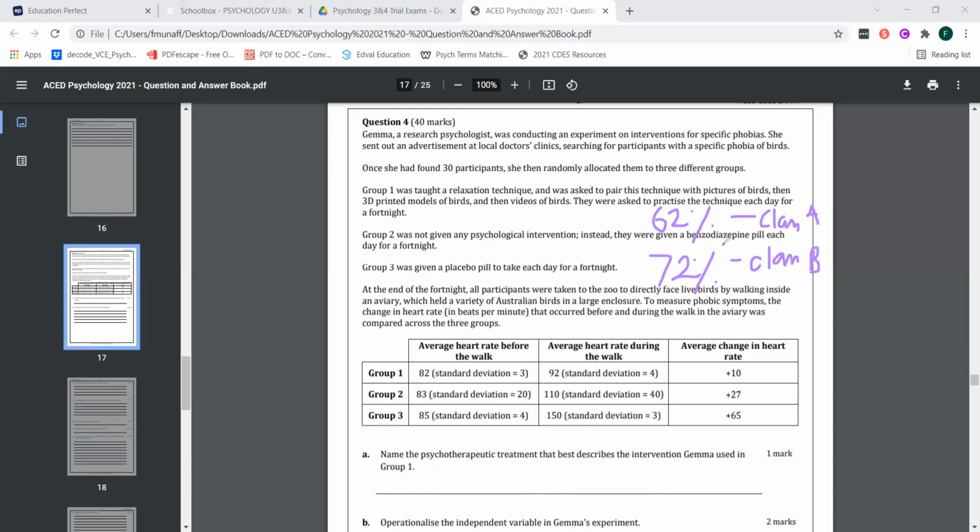Who's got the higher average there? The higher mean value? Class B. Yeah, so that's just looking at the mean alone. Now, let's say I calculated a standard deviation number